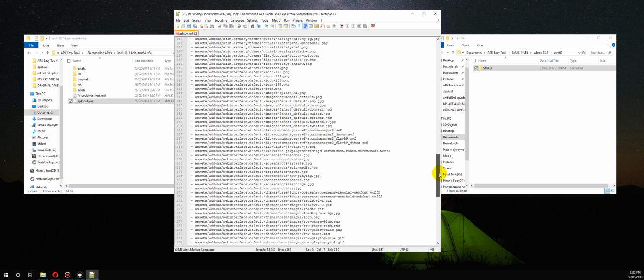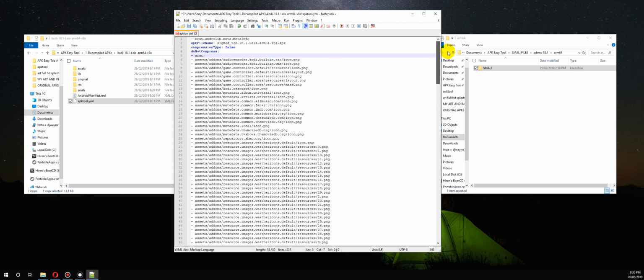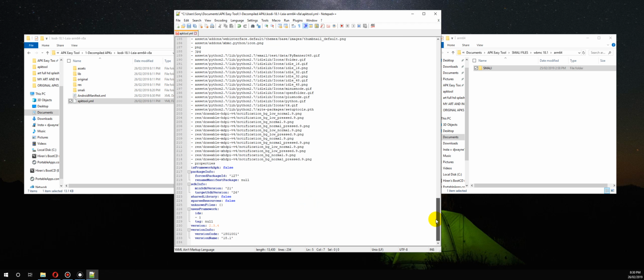And what I also like to do is, after doing that, scroll to the very bottom and see where it says null. Change that to the same folder as you did your SMALI. So mine would be hi.there.t2k. And then you just save that, close it,